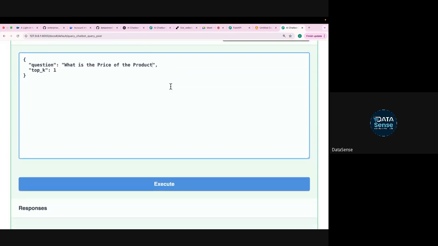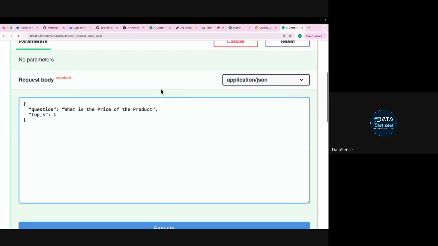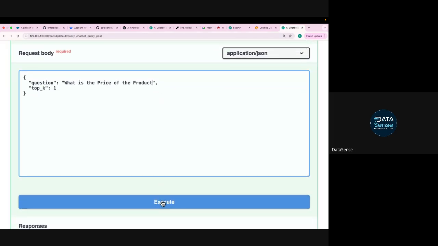This is not a chatbot, right? This is just an API. This is just the front end to see your API. We still have to create the chatbot, the front end. Okay. So now once you execute it,